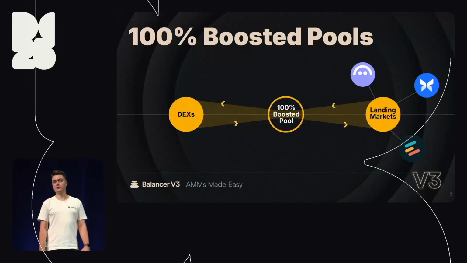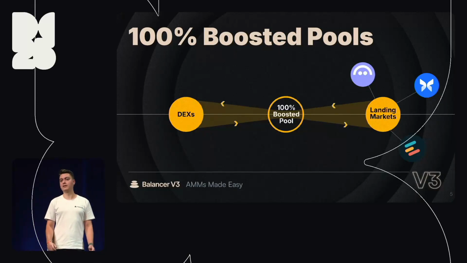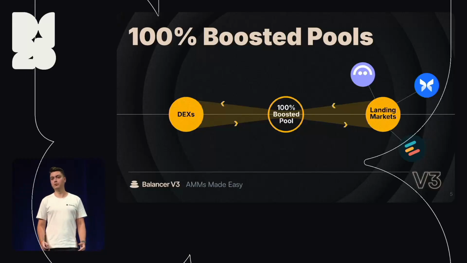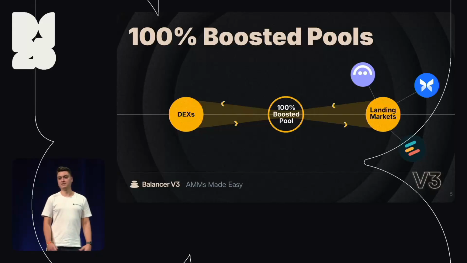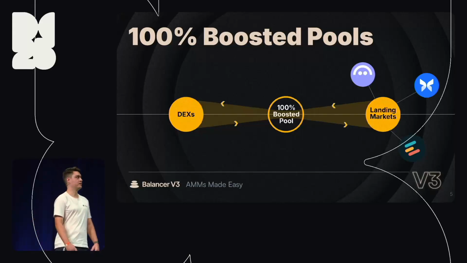That's the pattern, that's the standard we build the boosted pools on top of. That allows us to provide liquidity providers this additional yield they would not get elsewhere, and that's actually shared across all pool types at Balancer. So a weighted pool, a stable pool, a Gyroscope pool can be a boosted pool because its ETO assets can be deposited in a lending protocol, and that's all abstracted away. The complexity is abstracted away by default.